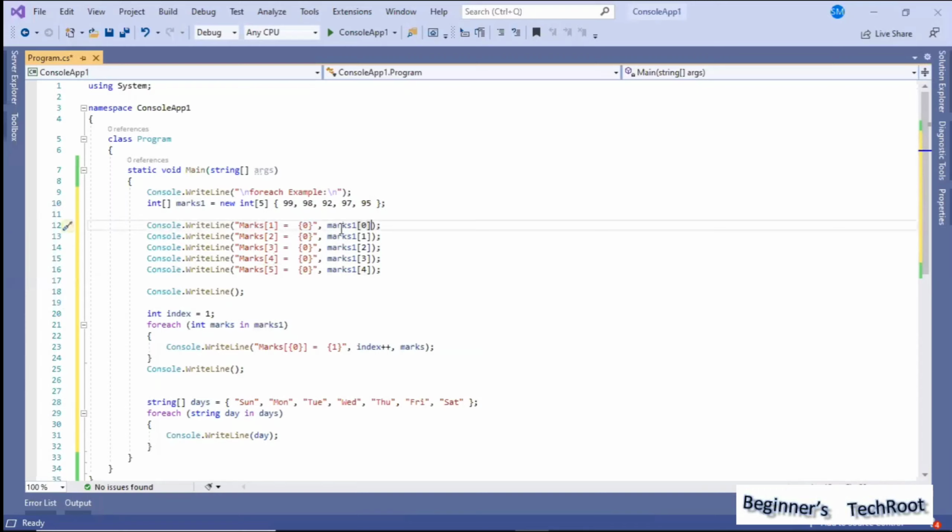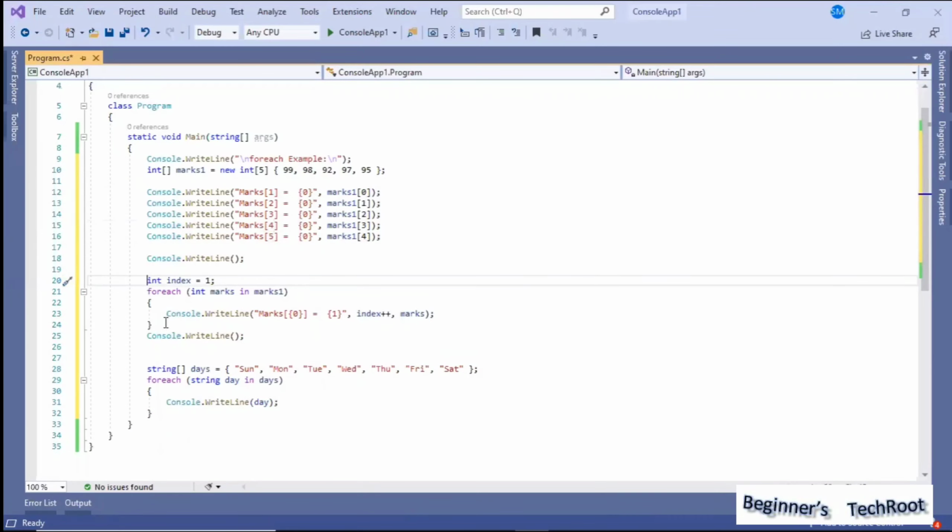If you are using 2, then 0 is the first subscript of the variable and the second is the second subscript. So instead of doing this, what we can do, in simple terms, using for each, we can write like this. I am declaring a variable index with the int data type and assigning it a value 1.